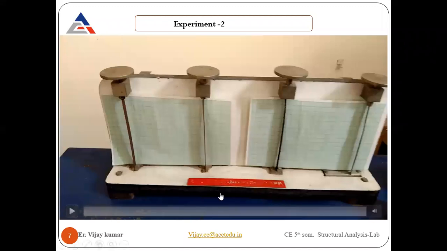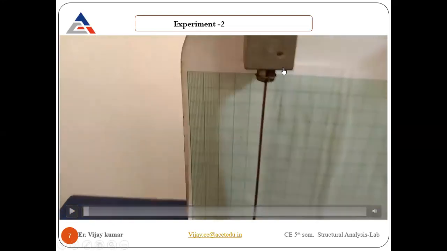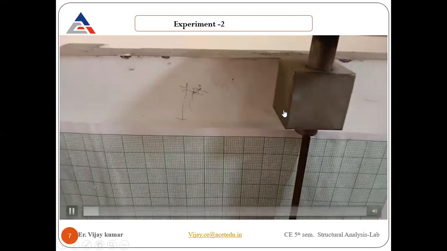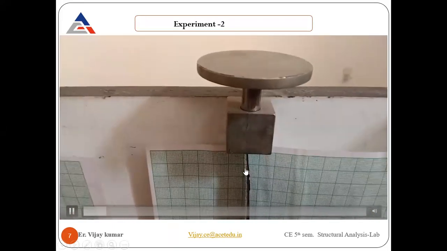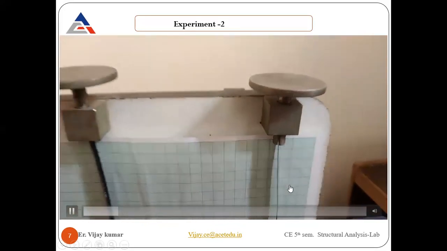So now let's see the experiment, how to perform it. Very simple experiment. So first see, and in parallel I will explain everything. First of all, you need to put the graph paper behind these strips. These are the column strips. As you can see, this is fixed, and the bottom side also is a fixed one. One side fixed, other is hinge condition. Both sides hinge condition. And one side fixed, other is free. There is no restriction against that particular one.